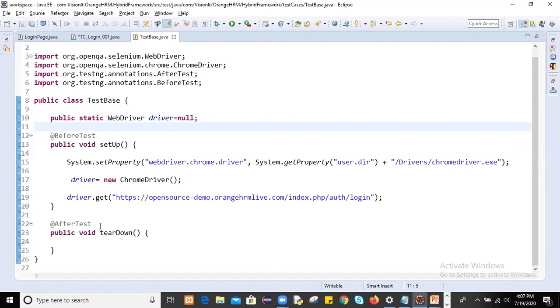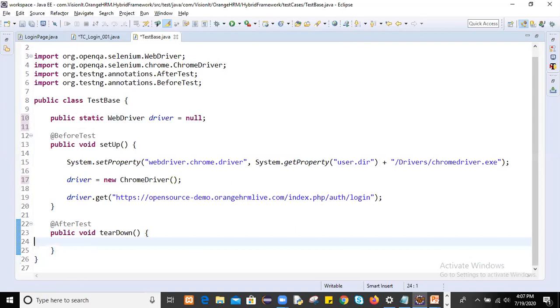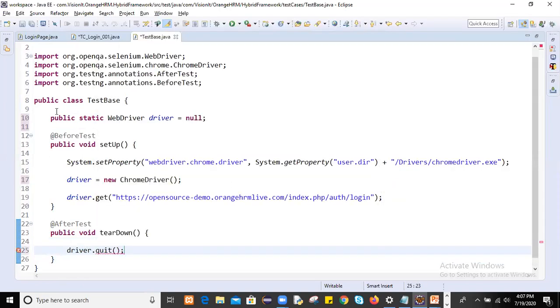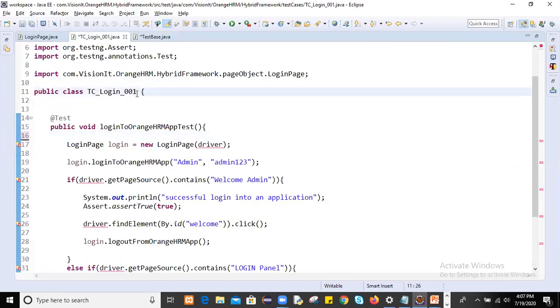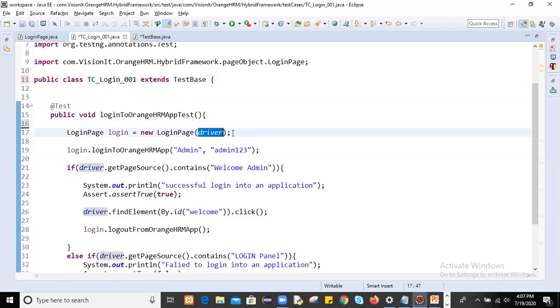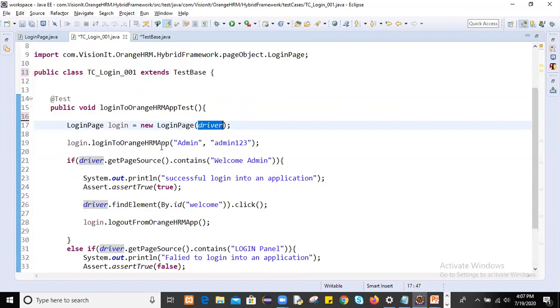Control S, and then we can use this driver instance to tweak the browser, as well as within this base class also. How to use? Just extend test base so that this driver will be visible. Am I clear here?